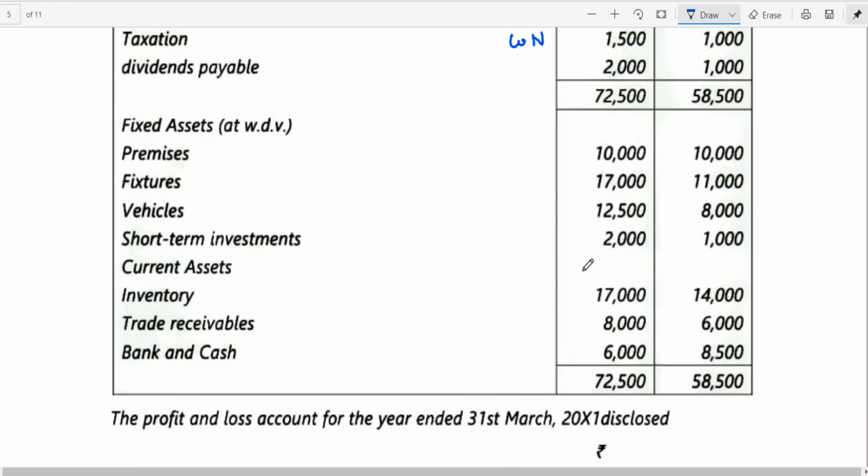Short term investments. One of the students had a doubt, sir, short term investment, when we were discussing after completion of the theory part, 6 months I have told you. Somebody was asking, sir, why can't we take it as cash and cash equivalents? When short term investment is given without the period of maturity, you can assume it as equivalent, just like cash.